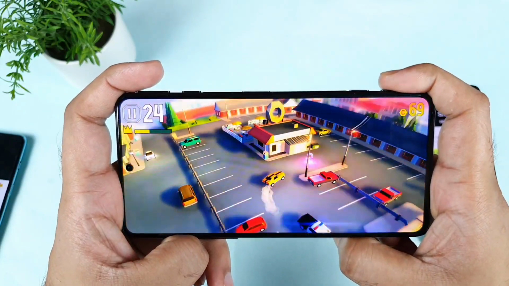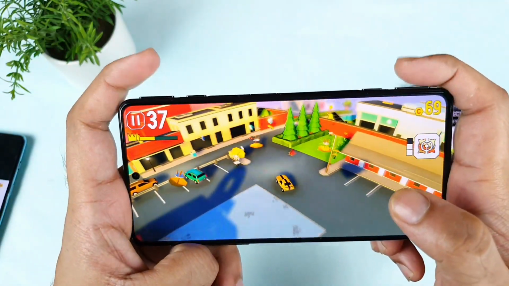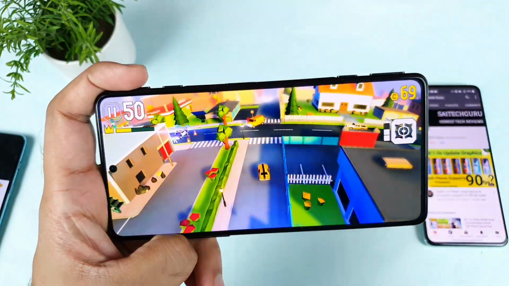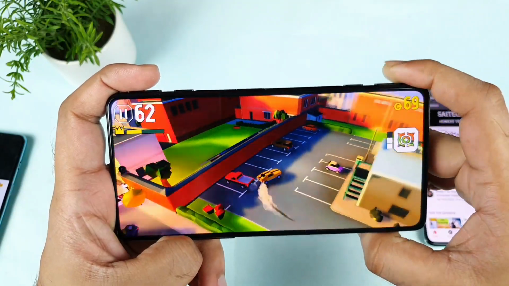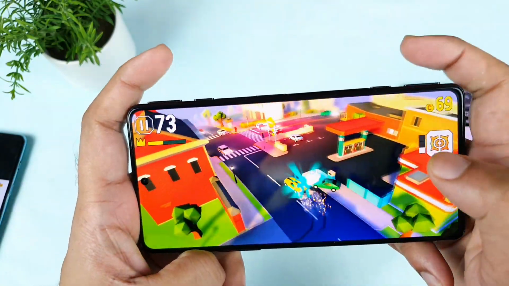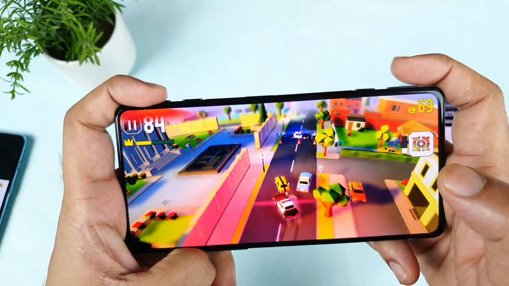So these are the few things which you can remember in the Poco F3 GT when you're trying to use it, and if you want to have the shoulder buttons working in this Poco F3 GT device. This can also fix the problems of the animations. Some of the users are unable to get the animations working when they press the buttons. So this will definitely fix those kinds of issues as well.